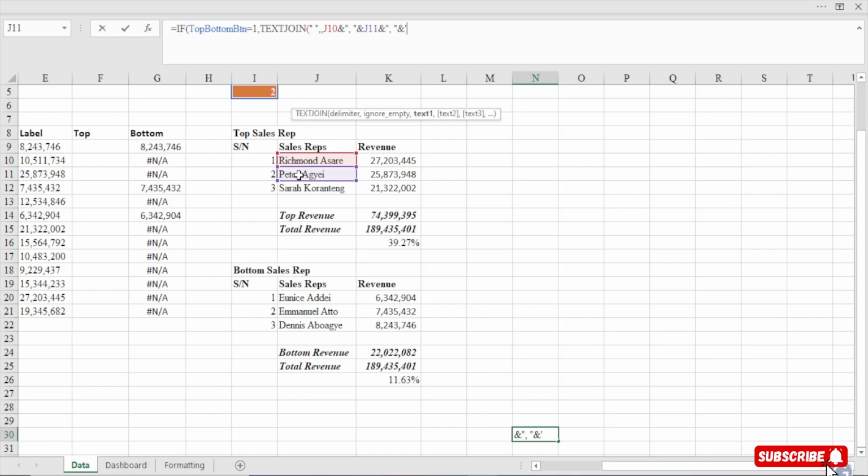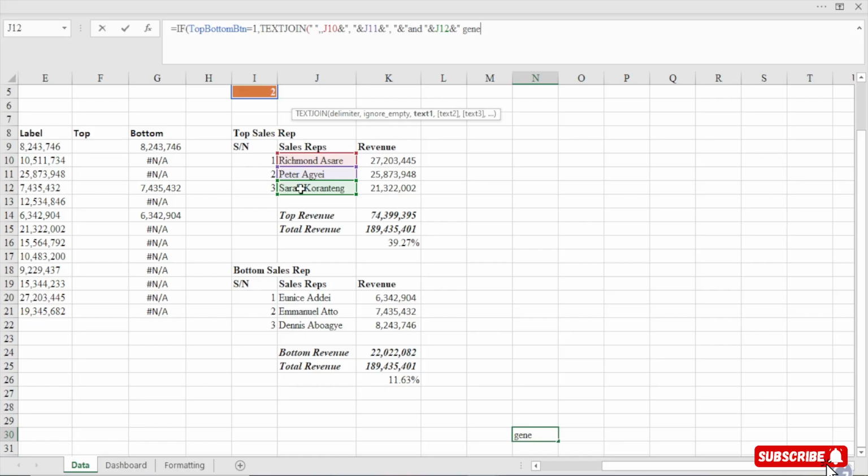And we close it, we concatenate it, and Sarah Tinkering, we concatenate it. The reason why you have to put it in a quotation mark is because it's a text string.